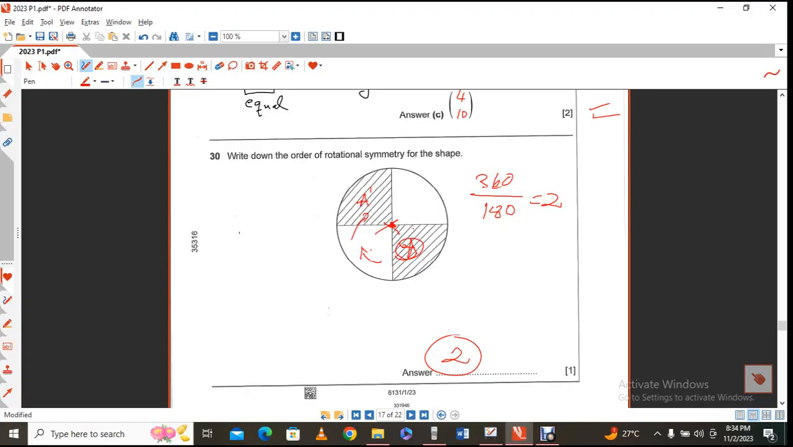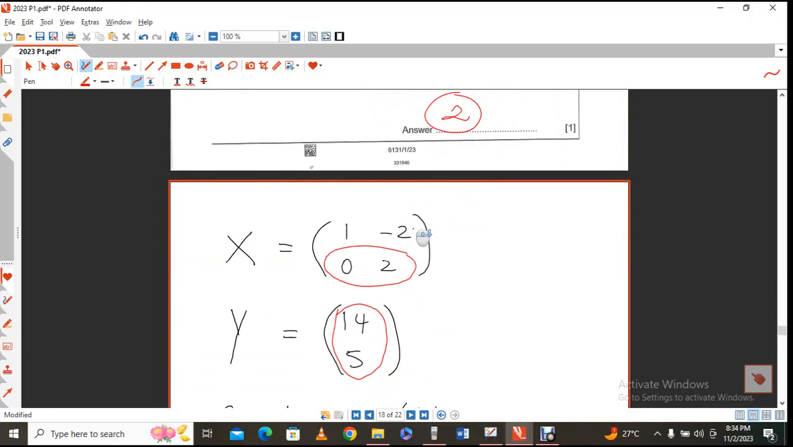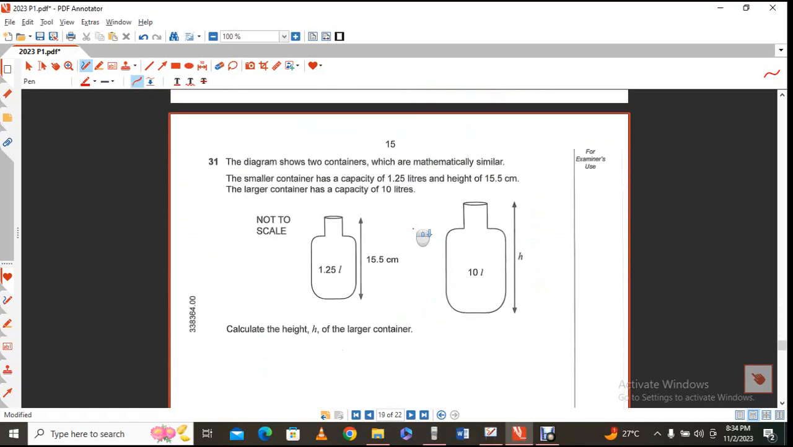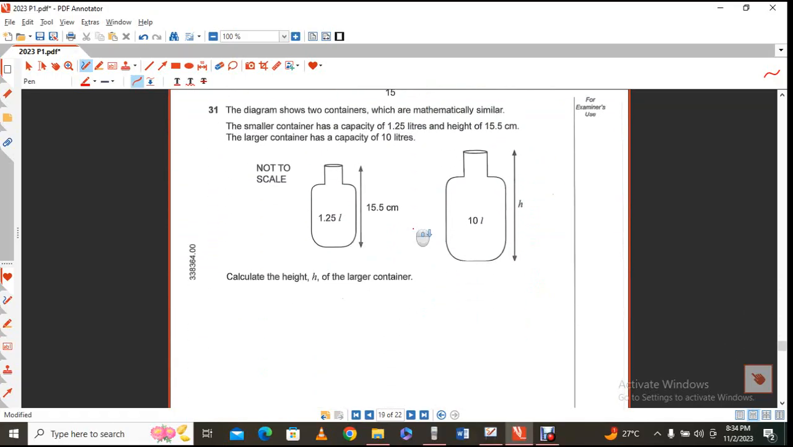The order of rotation is 2. Question: this question over here is a little bit tricky in its application. Because if you were to look at these two containers, and if you were thinking of the containers in real life, although the instruction here says not to scale,